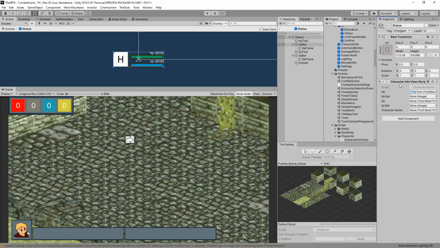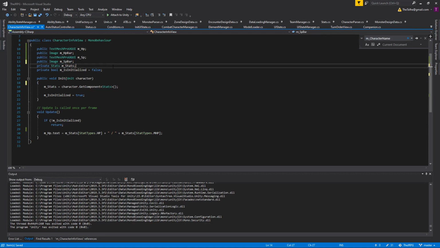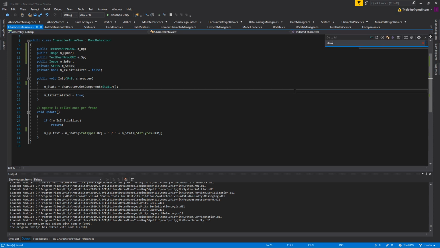we need to set HP bar. HP bar, there we go. Wasn't letting me drag for a second. SP bar and SP text. And you know what? For the time being, let's also just comment out character name. If we need to add it back, we can add it back. Let's just clean this up. Okay, good. Now, let's take a look at element